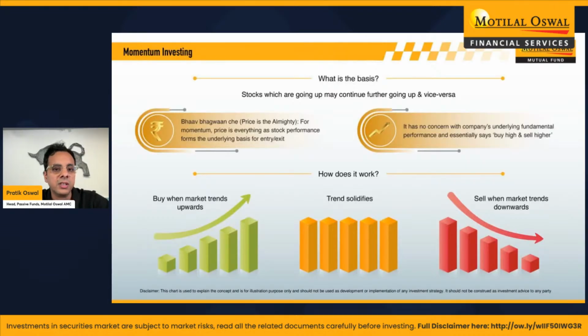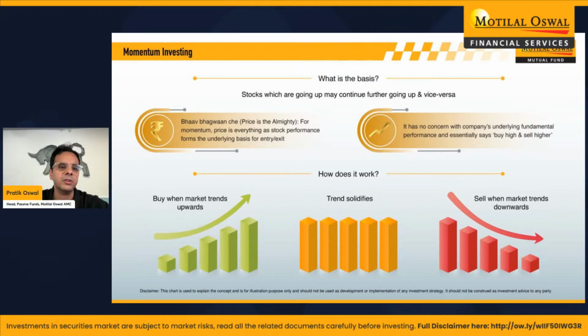The momentum factor is very interesting. So what is the momentum factor? Momentum is a factor where you are buying stocks whose price increases are very large. Out of the universe of the Nifty 500, which is the top 500 stocks in India, you're looking at buying 50 stocks that have the highest price momentum, 50 stocks that have run up the most in the last 6 to 12 months.